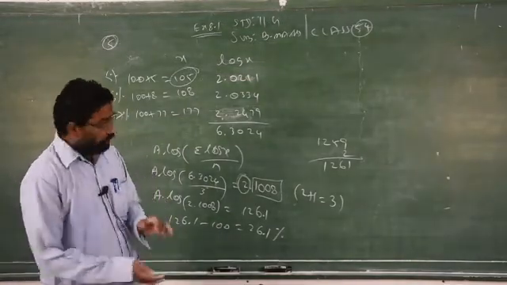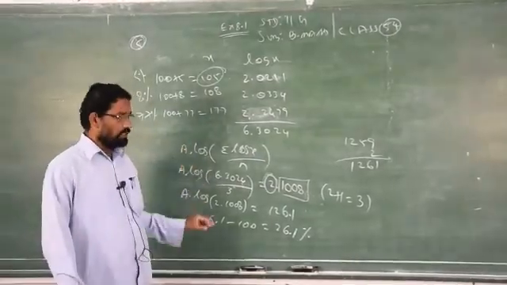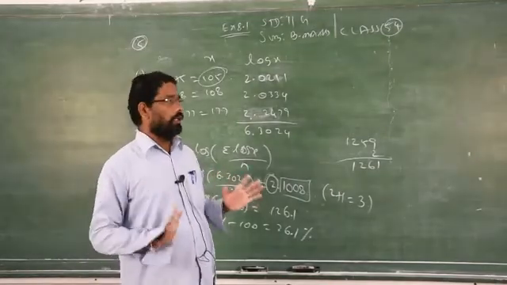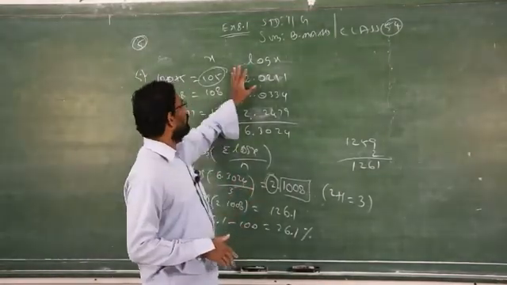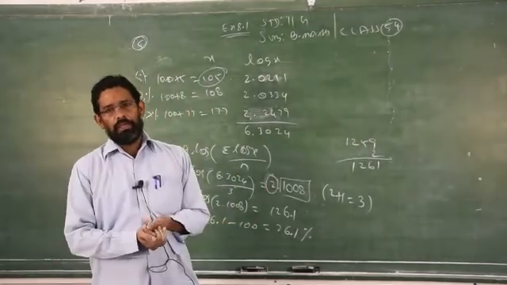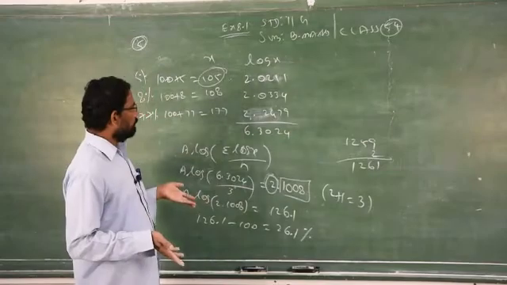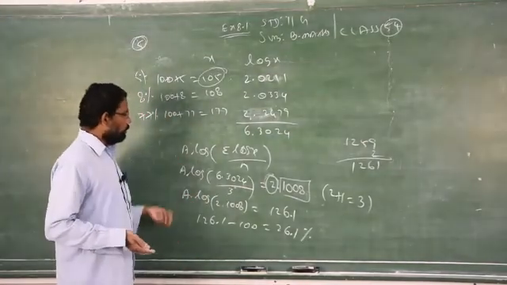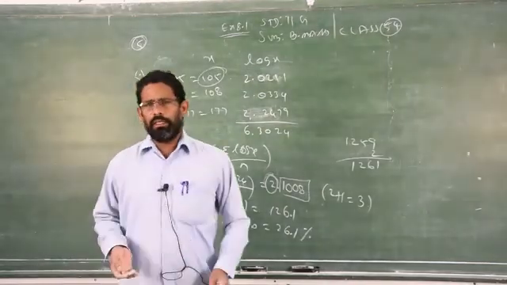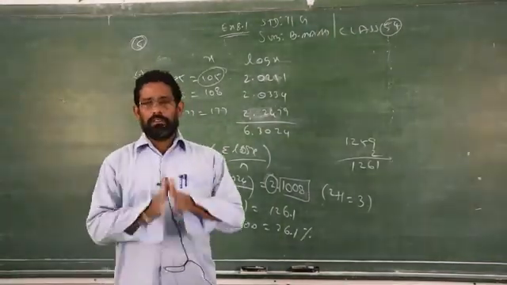Boys, it will take more time. The calculation part in this exercise and also the 9th exercise is more. You please use a calculator. Without a calculator or without knowing how to find logarithms, these two exercises are very difficult, which means you lose 20 marks. Clear? Those who are very weak in mathematics, please work out the problems using the calculator. You will get the pass mark. Clear? We will see the remaining problems in the same exercise next class. Thank you, boys.